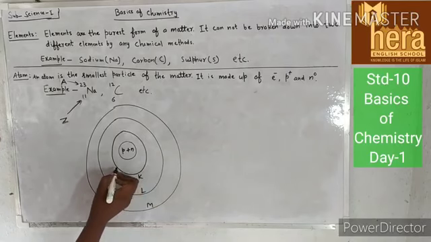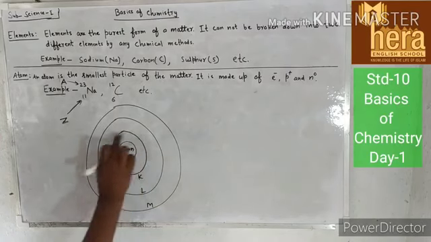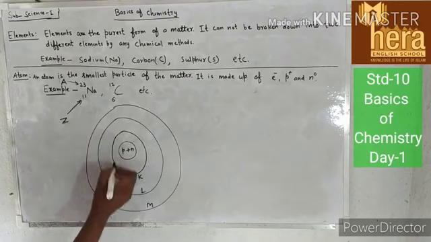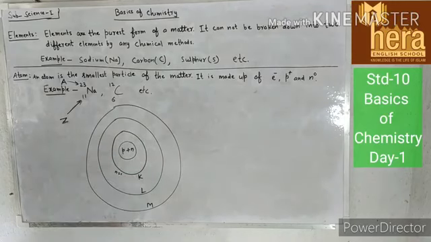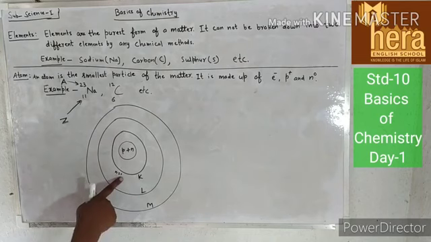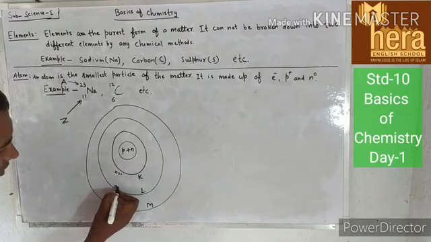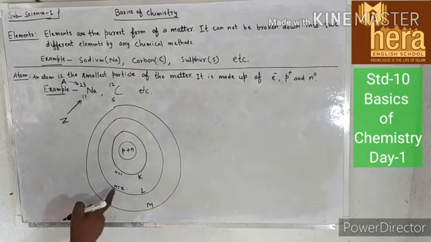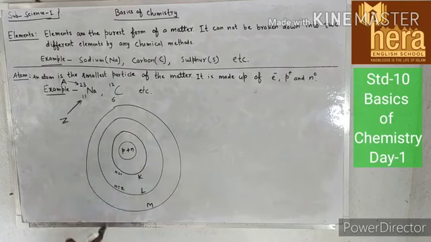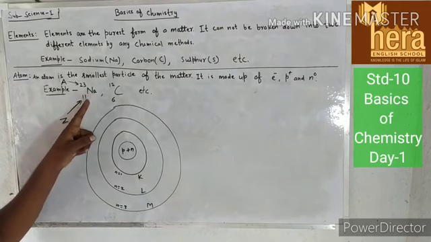So here, this is this orbit. For this orbit, first orbit, N is equal to 1. N is equal to 1 means we are talking about K orbit. N equal to 2 means we are talking about L orbit. This one, L, second orbit. N is equal to 3 means we are talking about third orbit. That is M. Understood? In case of sodium, there is 11 protons.